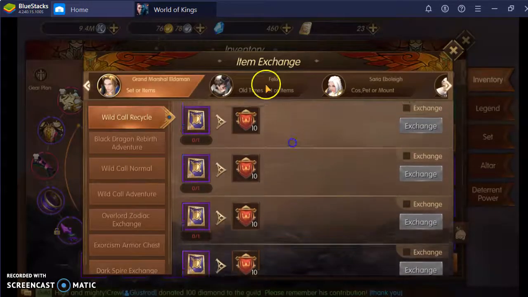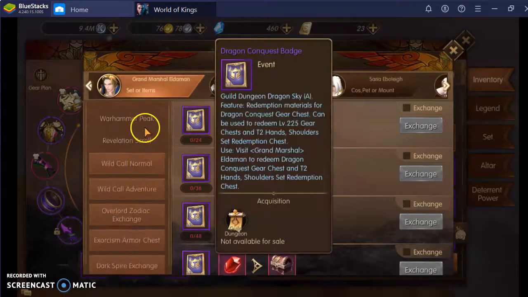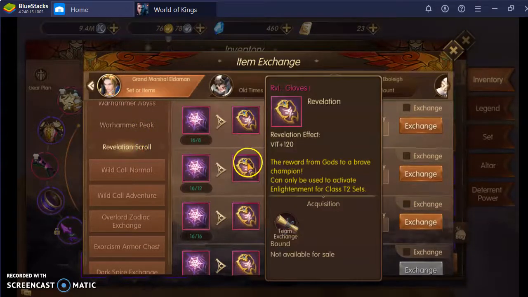Obviously, this is not the right page, right? It's a little bug they have in the system, but no worries. I'm going to show you right here. So we're talking to Grand Marshal Alderman, and you go over here to Black Dragon Rebirth Adventure and Revelation Scroll, and boom! As you can see, we have